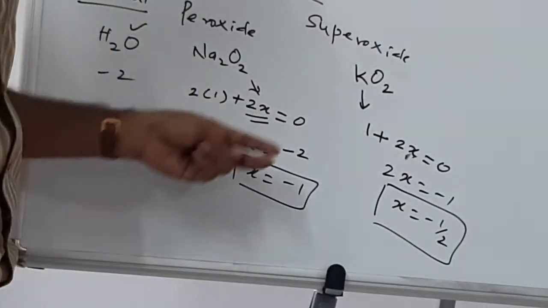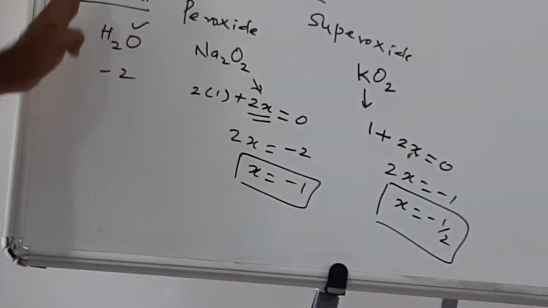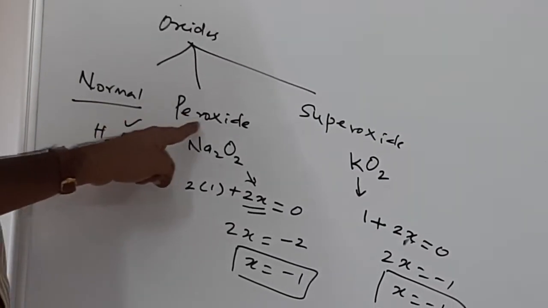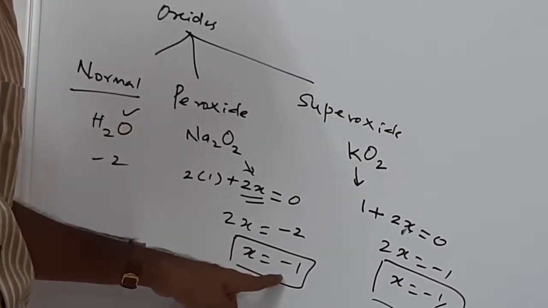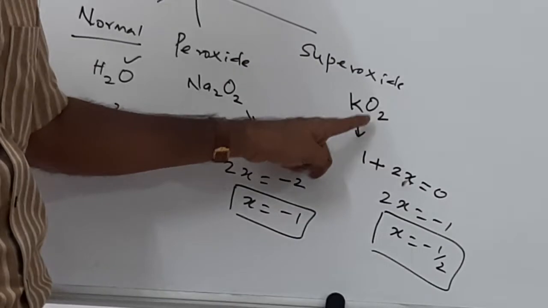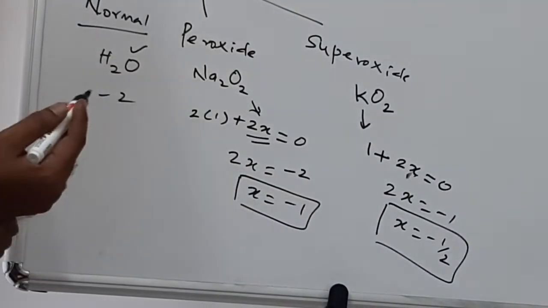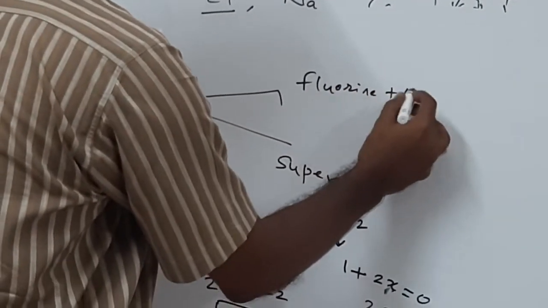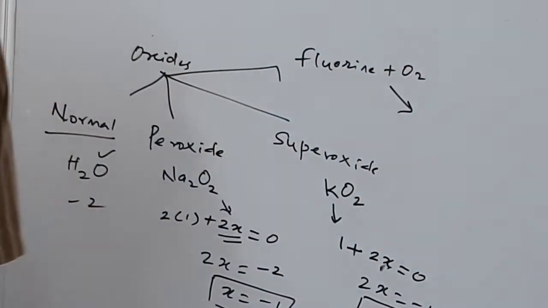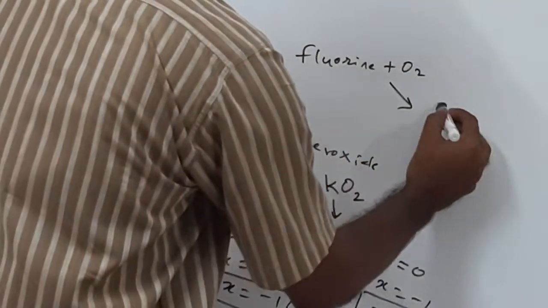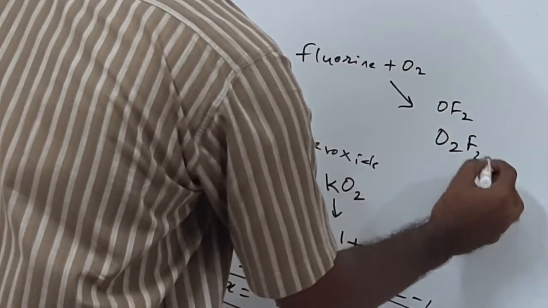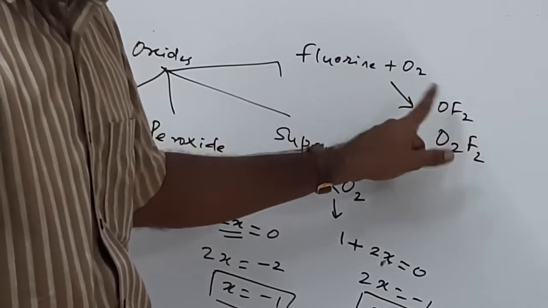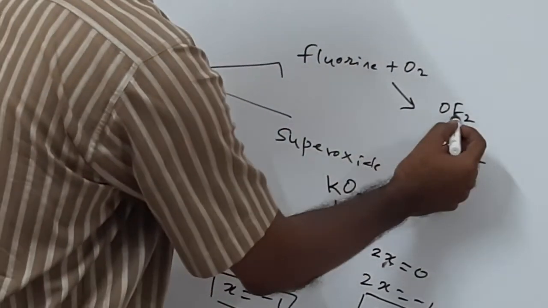So இது புரிஞ்சுட்டீங்களா? அப்போ in the case of normal cases, oxidation number of oxygen is -2. Exceptions are there. For example, in the case of peroxide, oxidation number of oxygen is -1. In the case of superoxide, oxidation number of oxygen is -1/2. And one more exception they have given, that is with fluorine. அதாவது fluorine containing compounds with oxygen. So fluorine with oxygen is quite rare, but there are some examples. Say for example, OF2 இருக்கு, O2F2 இருக்கு. This will be called oxygen difluoride, dioxygen difluoride னு சொல்லுவோம்.